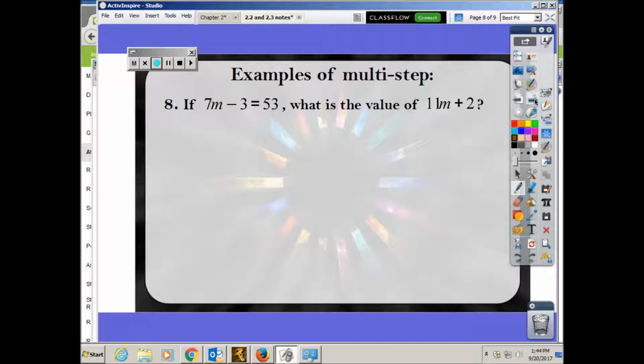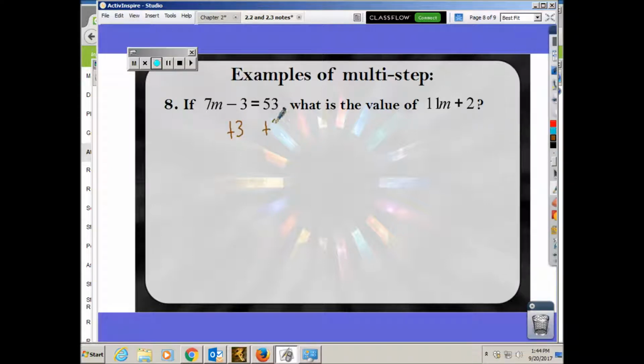Divide by 7, right? No, what do I get rid of first? The 3. Why? Get rid of my addition or subtraction first. So I'm going to add 3 to both sides. I'm going to show that work, right? I'm actually writing that. That's why when I said to you, you have to do your homework on a separate sheet of paper. Now, if I divide by both sides,